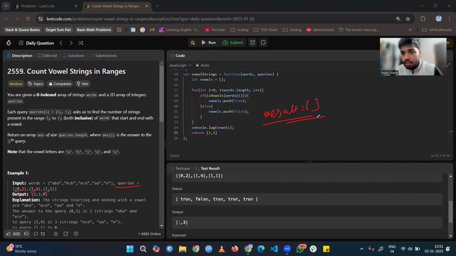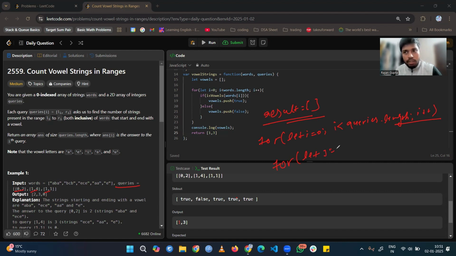I will be returning this array in the return. So for loop, let i equal to 0 and i less than queries.length and i plus plus. After that a for loop, let j equal to